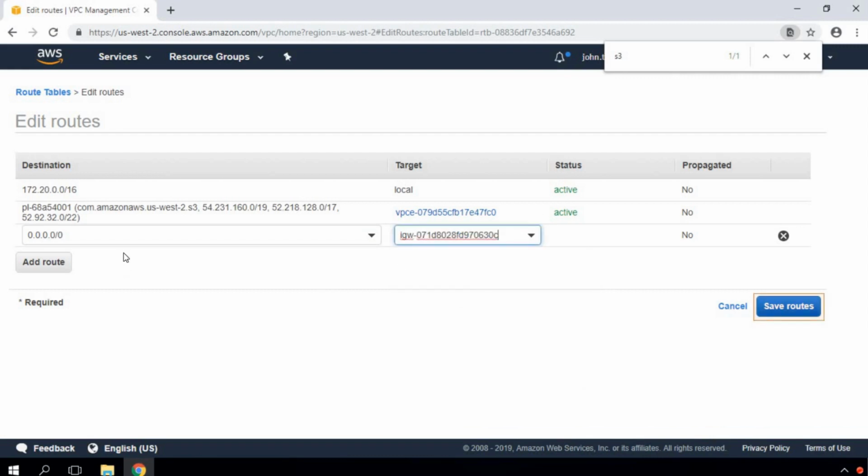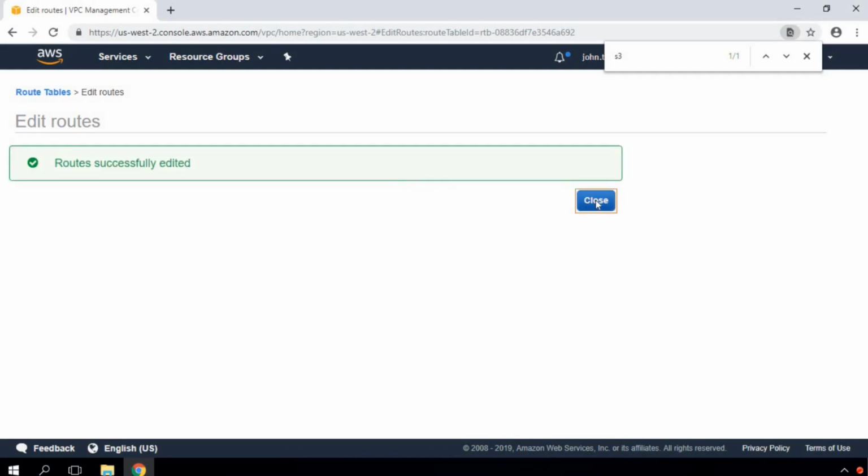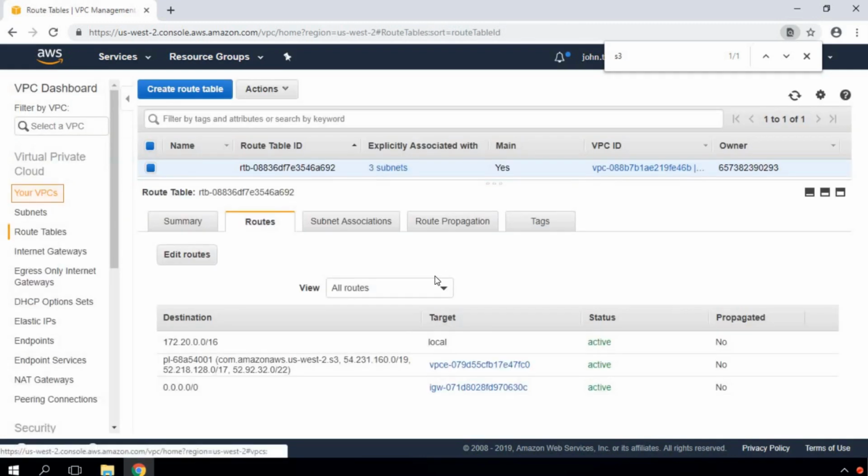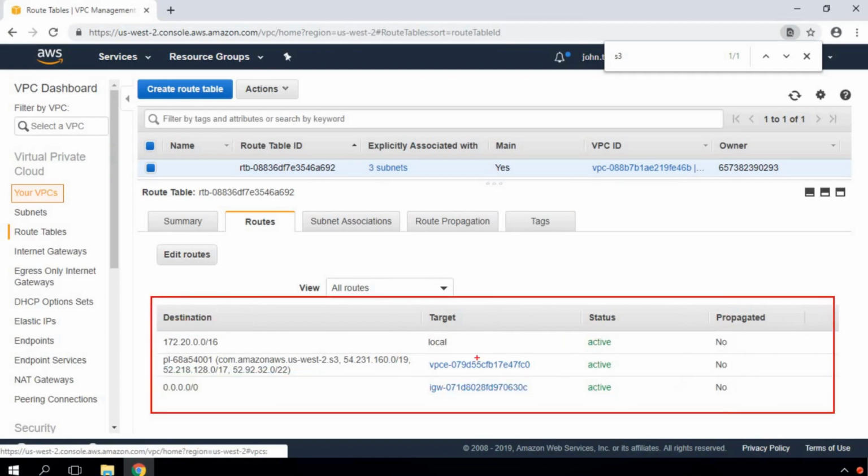Any traffic other than these two destinations would be going to the IGW. Click on save routes, and as you can see, the route table has been successfully updated. Click on close. Now if you look at the route table, you can see all the routes are successfully updated.